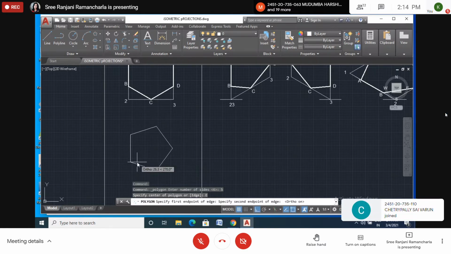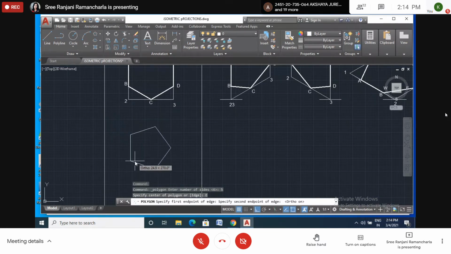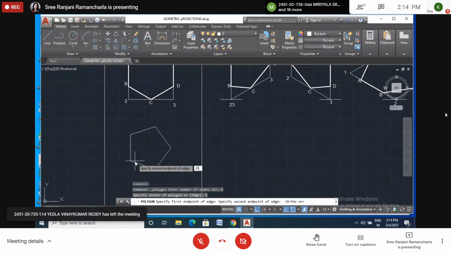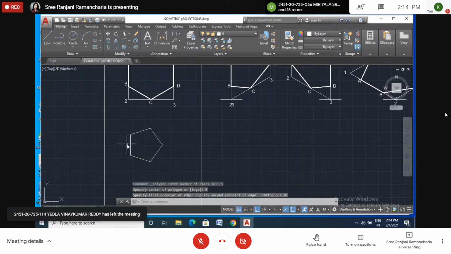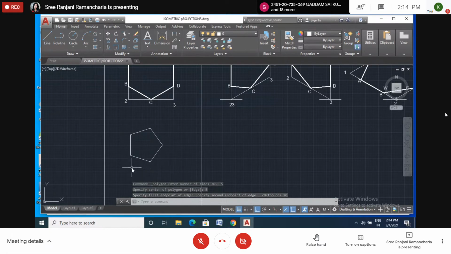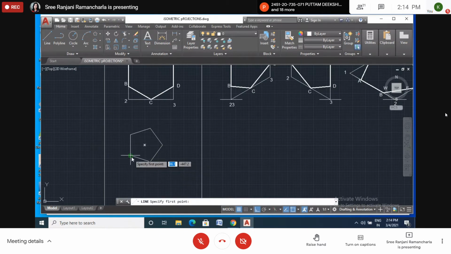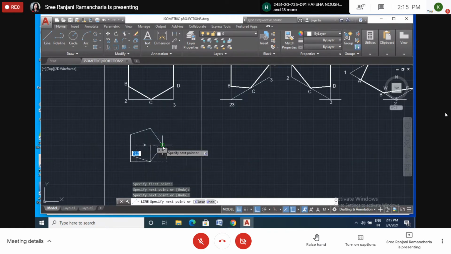Keep your cursor down or up. Up means we'll get it like this. Keep your cursor down, I want to construct like this. So I will take the side as 20, or edge as 20. Enough. Now you have to construct this rectangle around this polygon, touching the corners and the sides. So let's see here. From here I'm starting. Okay, I'm drawing the rectangle. So like this you can draw, and like this. Now here we don't know with AutoCAD. So like this you have to draw.